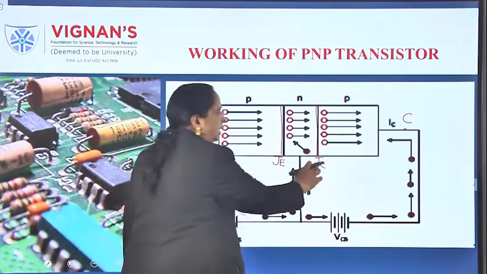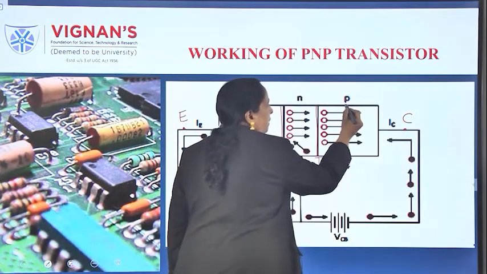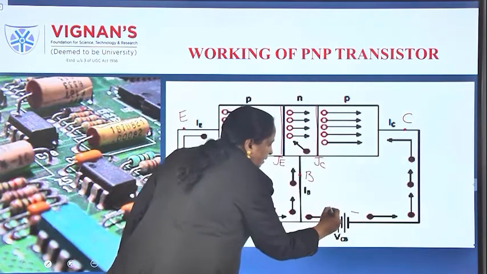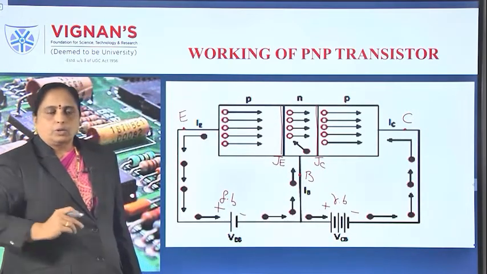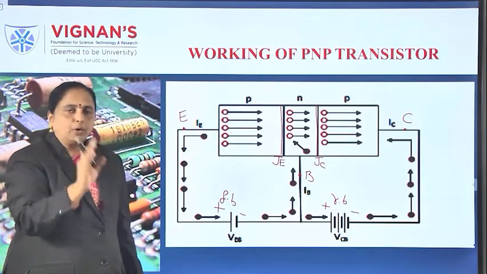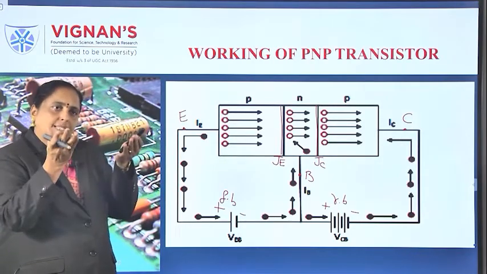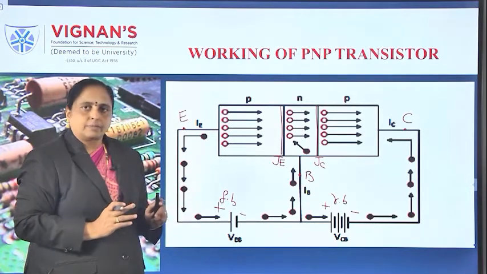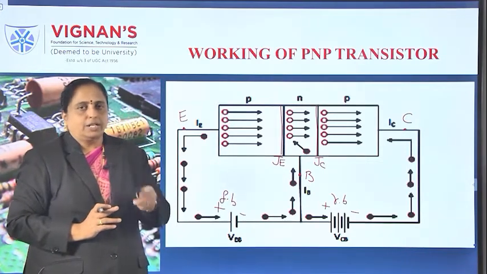Then the collector junction must be reverse biased. That is, the collector is a P material, and reverse bias means P is connected to negative and N is positive. So this is known as a reverse bias condition. Previously we discussed that the important application of a BJT is amplification. If you want to raise the strength of a weak signal, it must be connected like this. This connection can be termed the active region, which we will discuss later.